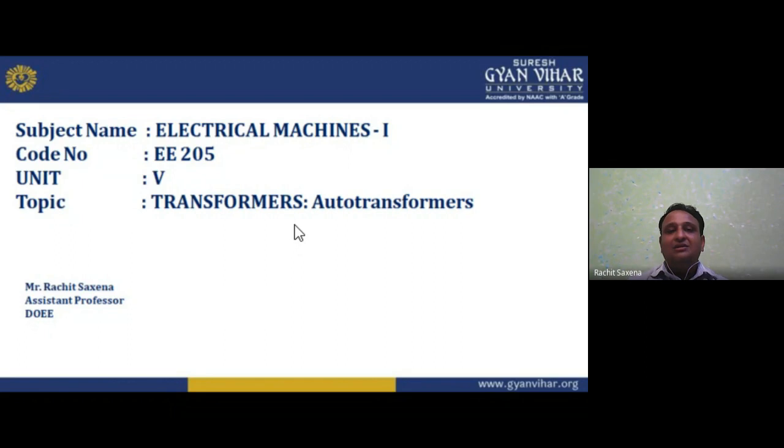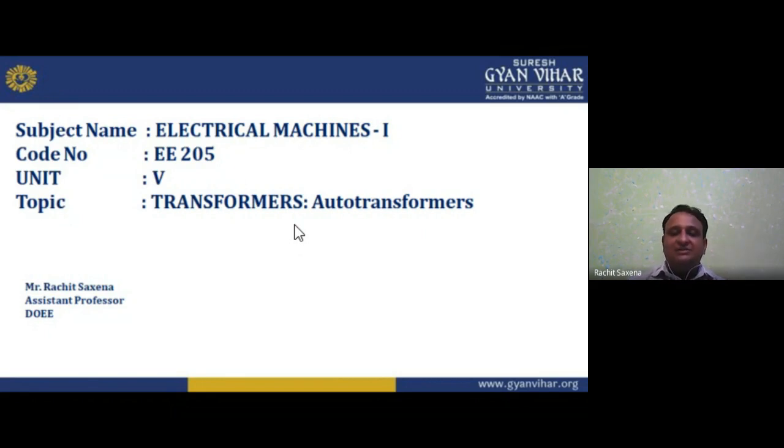And then after the Sumpner test, we have the three-phase transformer. The three-phase transformer already has three phases in it. We can make it as a unit or as individual transformers. Individual means three single-phase transformers connected together to make a three-phase transformer. We have four different connections in a three-phase transformer.